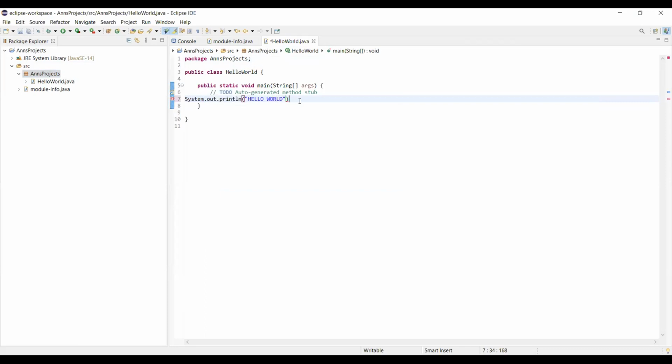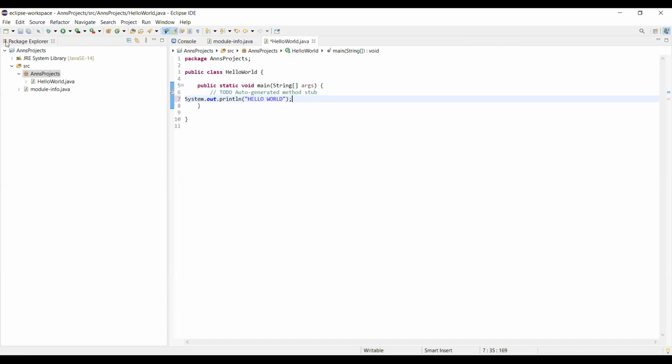IDEs are used in the industry. Once you are very comfortable with your Notepad and Notepad++, you should be able to work in an IDE. As you remember, when we were working in Notepad and Notepad++, we had many steps. You had to write a program, then save the program, after which you had to do the compiler stuff, type in javac HelloWorld.java, and wait for the errors to come up. And once it was clear, then you had to write java HelloWorld and then execute.